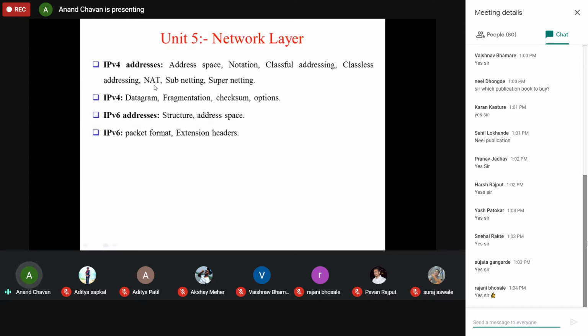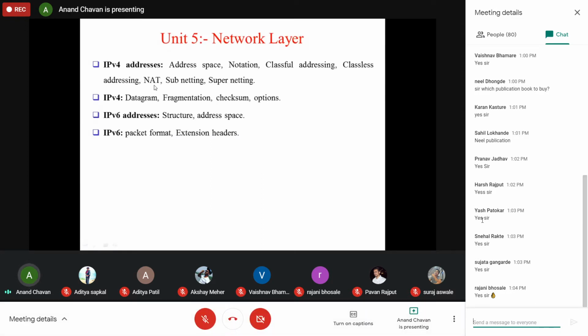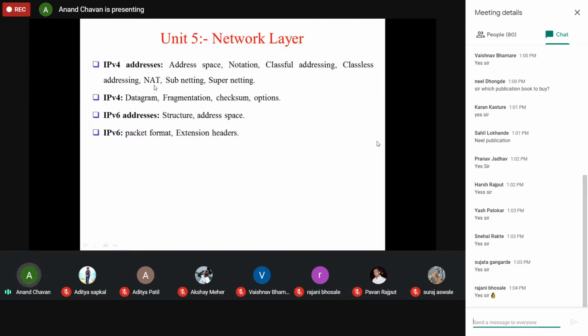We will see the point which is called the network address translation mechanism. In that, we are going to use firewall concepts, as well as IP addresses being converted into Ethernet addresses and Ethernet addresses being converted into IP addresses.